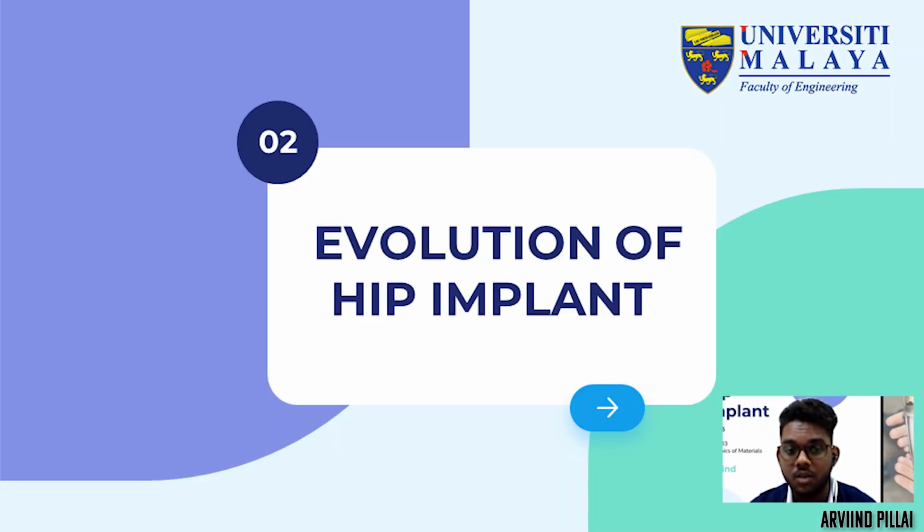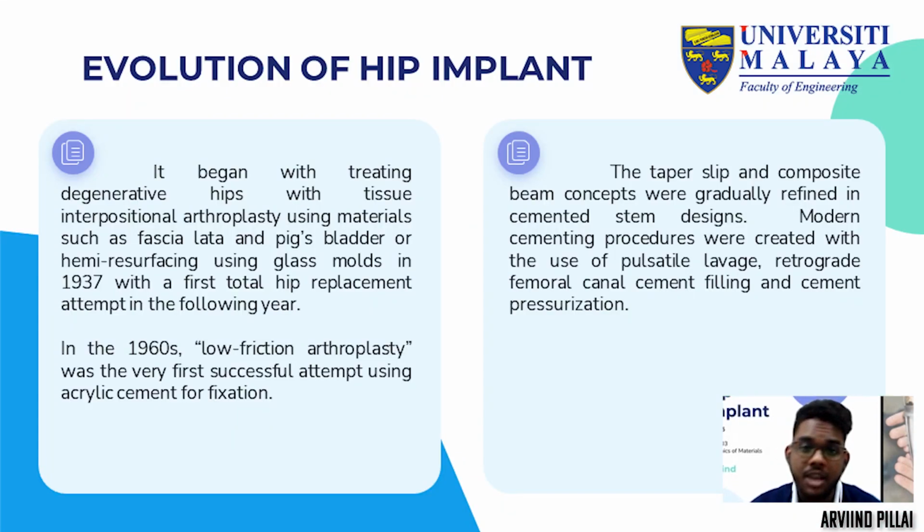Beginning with the next part, which is the evolution of the hip implant. It began with treating degenerative hips with tissue interpositional arthroplasty using materials such as fascia lata and thick bladder, and then using glass molds in 1937. This was the first attempt at total hip replacement, and unfortunately it was considered a failure due to unsatisfactory results. In the 1960s, low friction arthroplasty was the very first successful attempt, using acrylic cement